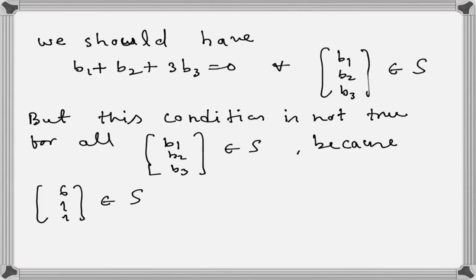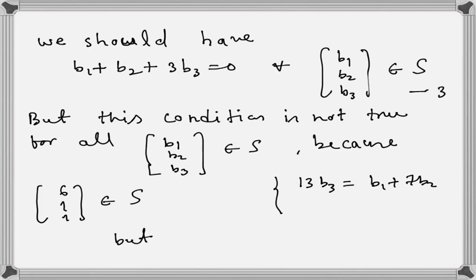So this is true, right? What is the condition for being in S? 13b3 is equal to b1 plus 7b2. So definitely this is true, right? This point belongs to S, but